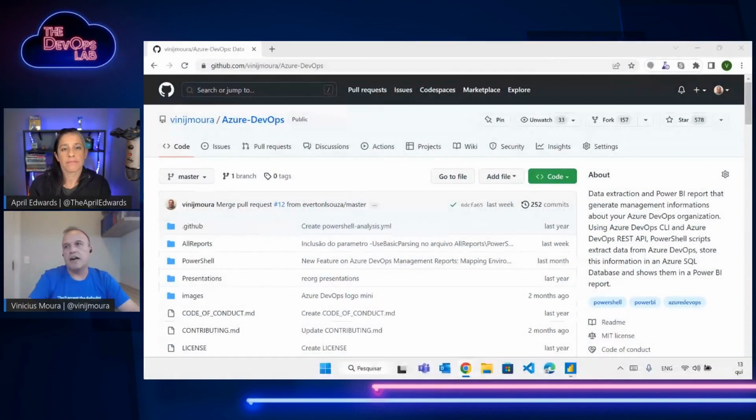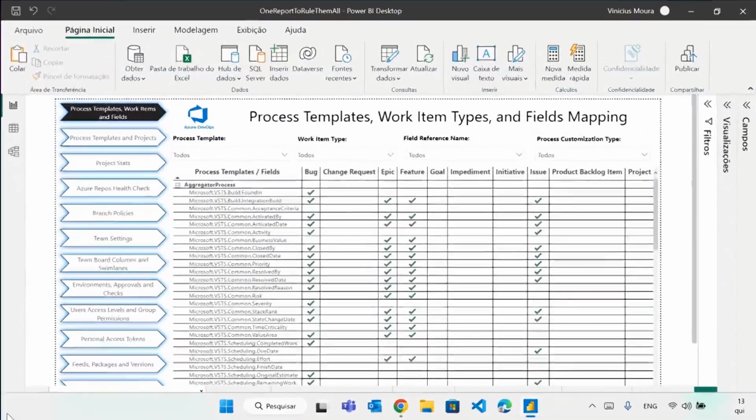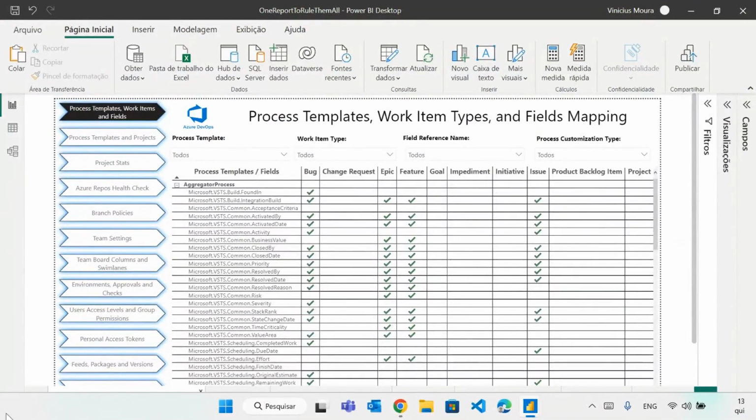Yeah, perfect. And here I will show my first example. This is my complete solution, and this report gets different views on Azure DevOps. First, I will explain how I extract this information. I create a SQL database that contains all tables from Azure DevOps.